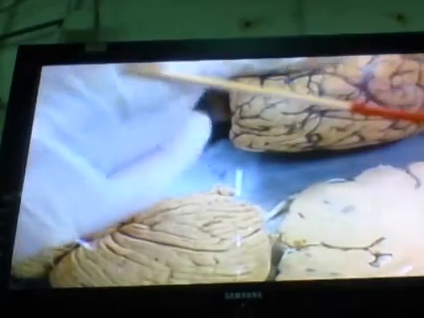Okay? So if we look a little bit at the evolution, if you want, you have different kinds of cerebellum. You have the archicerebellum. The archicerebellum is present only in fish and lower amphibians. Okay. The paleocerebellum is present only in superior amphibians, reptiles, and birds. And finally, you have the neocerebellum present in mammalians and humans. Okay.